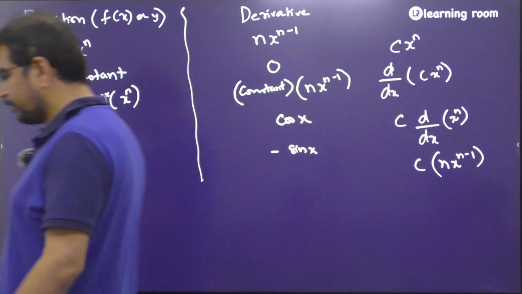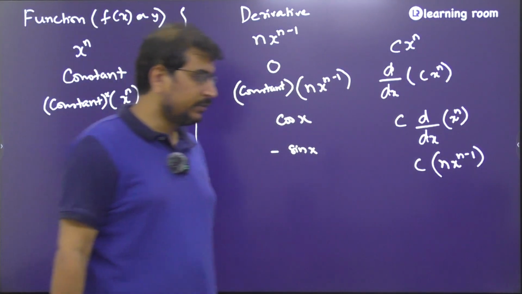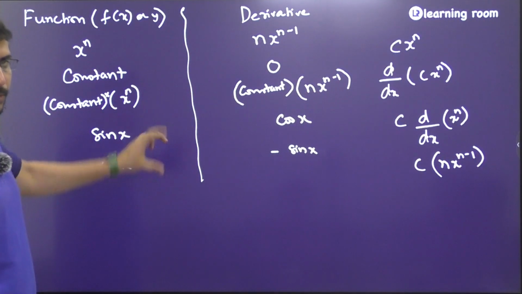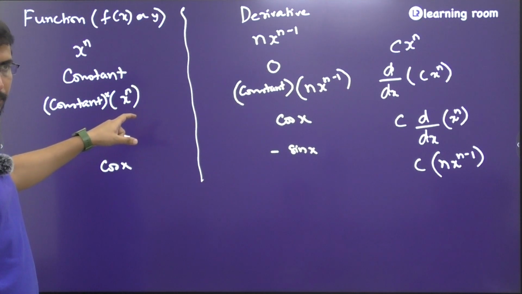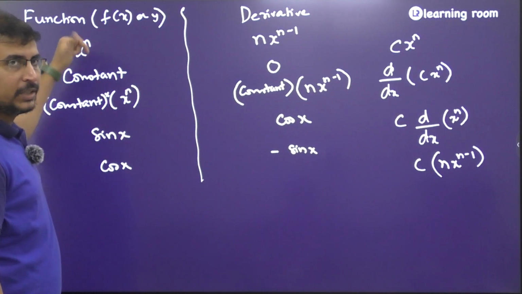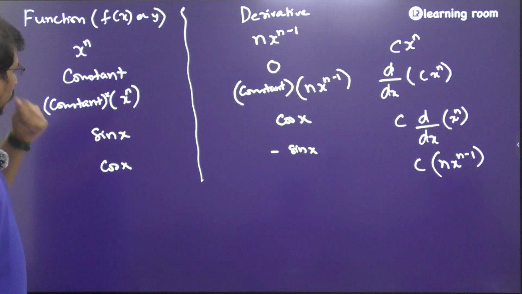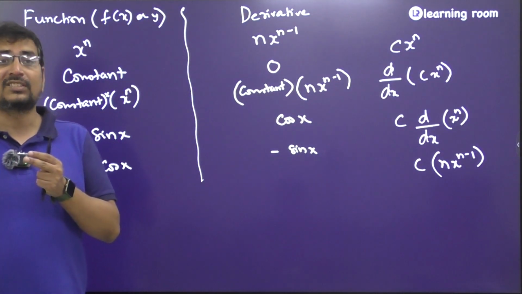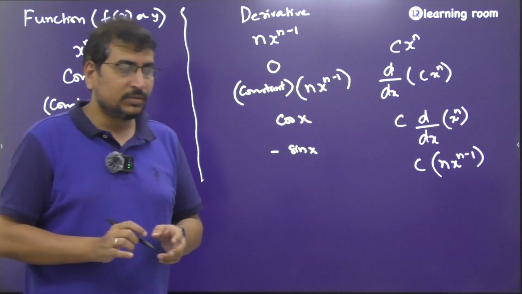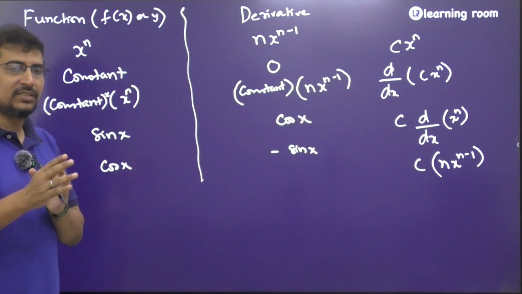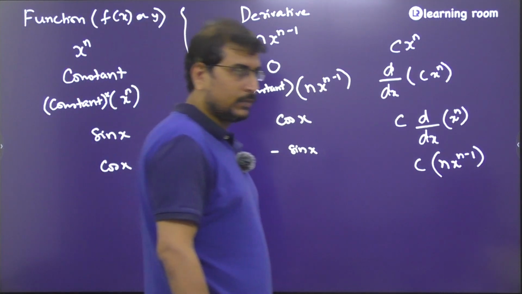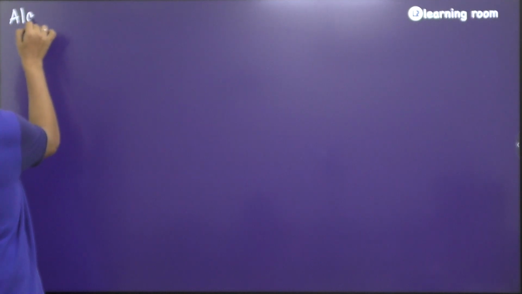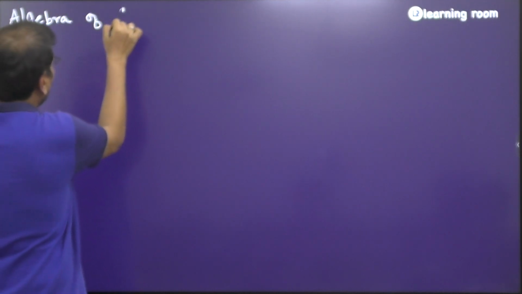Now, see, sometimes what happens is, like how a constant is getting multiplied with a function. X power n is a function. X is a variable, and that variable is raised to the power n. It's some function. So it is not always necessary that you will have only x power n, or only a constant, or a constant multiplied with x power n. Sometimes there can be an algebraic operation taking place between two functions. For example, that we call the algebra of